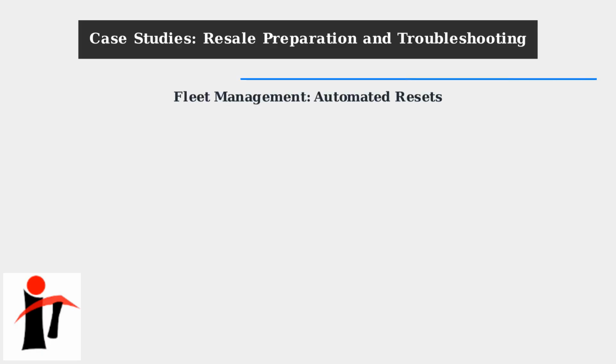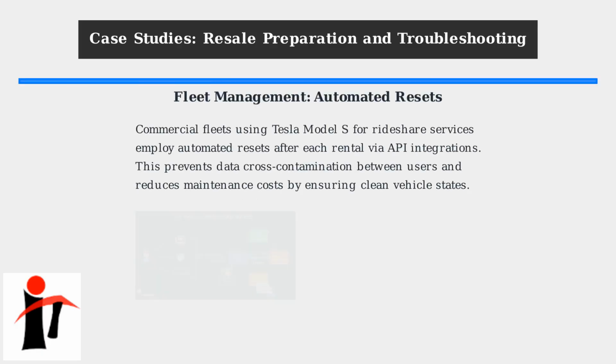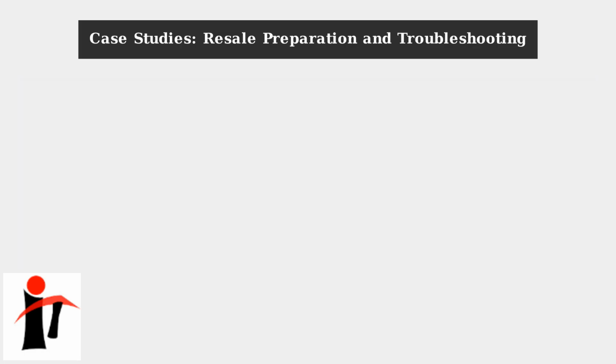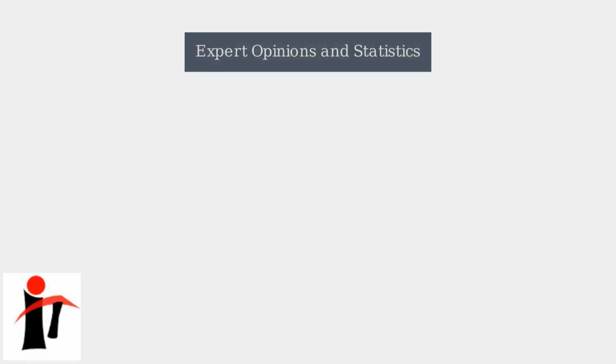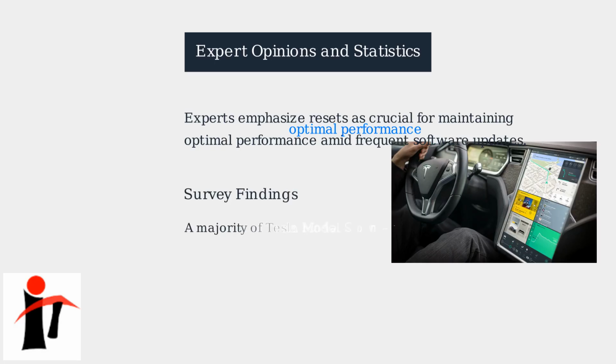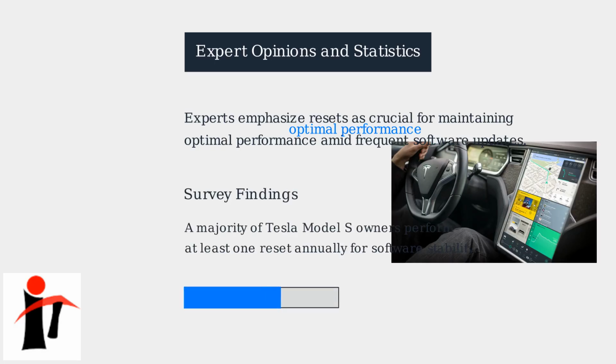For fleet management, commercial operators using Tesla Model S vehicles for rideshare services implement automated resets after each rental through API integrations. This automated process wipes user profiles to prevent data cross-contamination between renters and maintains vehicle performance, reducing overall maintenance costs. Experts from automotive tech sites emphasize that factory resets are crucial for maintaining optimal performance amid frequent software